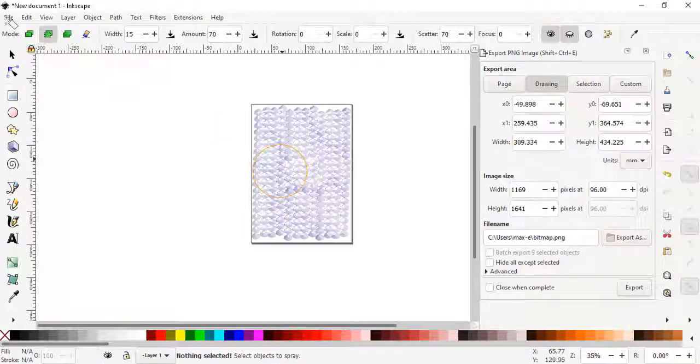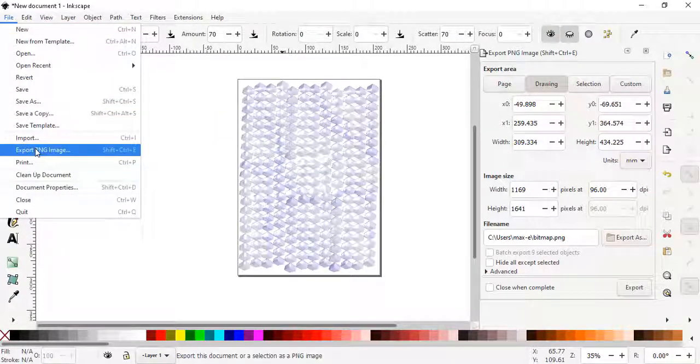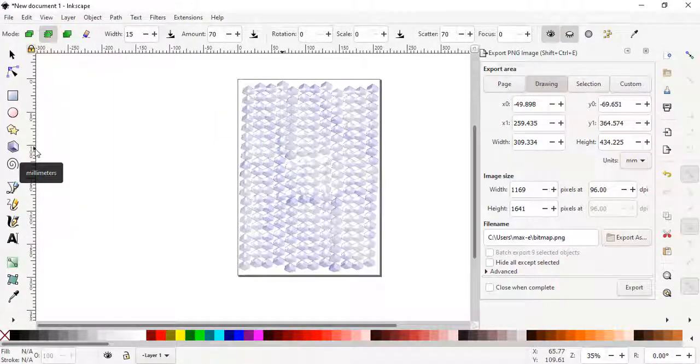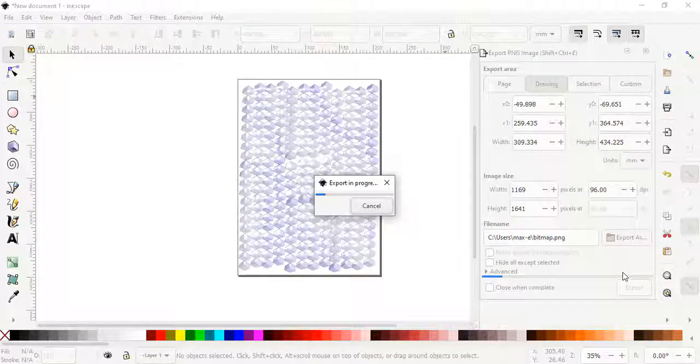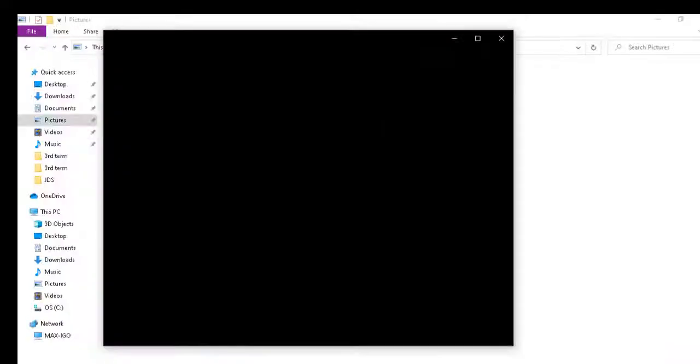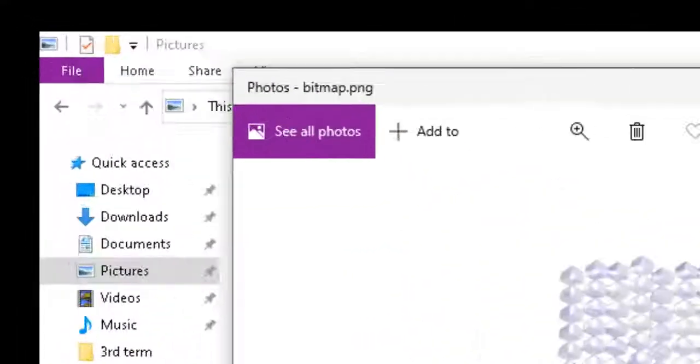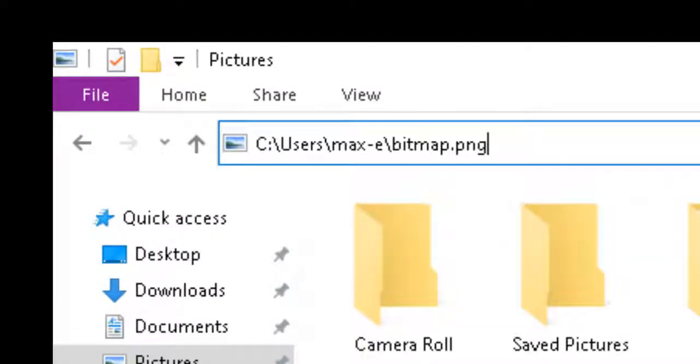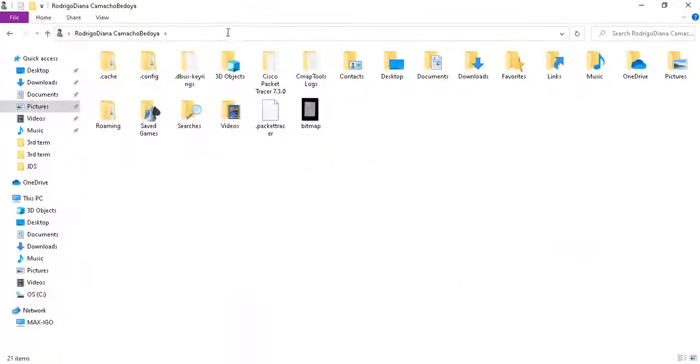Once you have finished, you go to File, Export to PNG, and on the right side, you export, wait for your work to be exported, and there appears the path where you can find your work on your computer. Here is when you copy and paste this path in the File Explorer, you are going to be able to open your work. Remember to delete the last part, and you are going to find the container or the folder